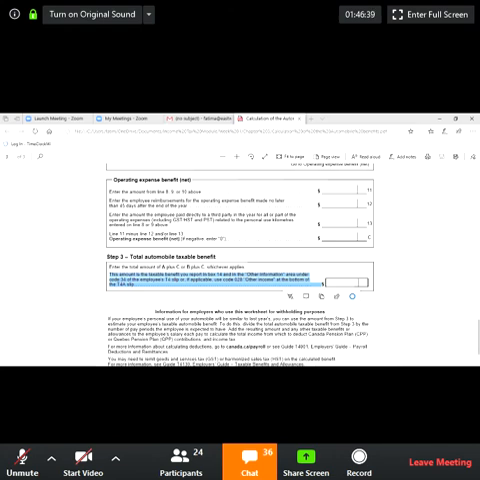Disability-related employment benefit. If you provide benefits or allowances to an employee with a disability,